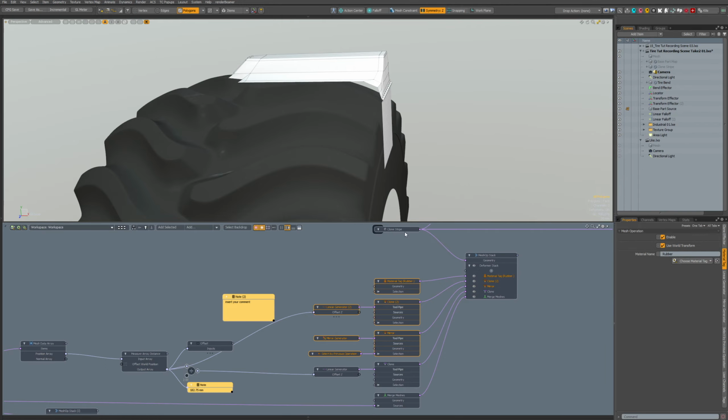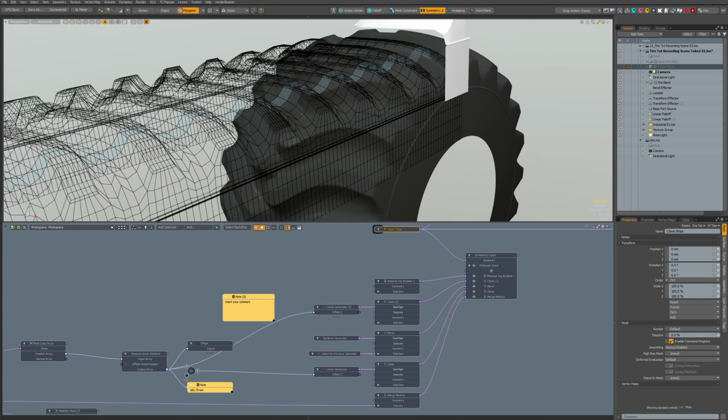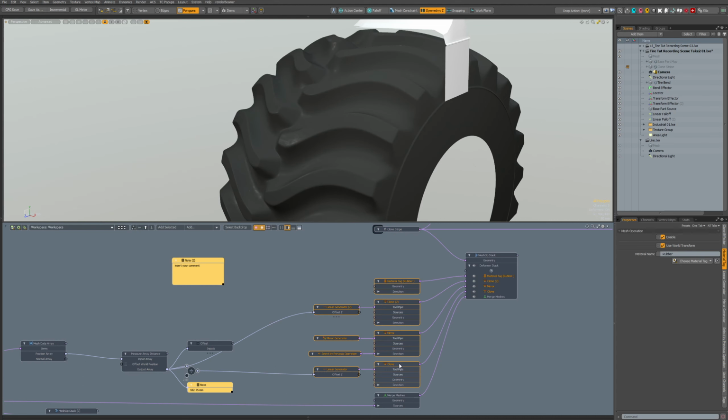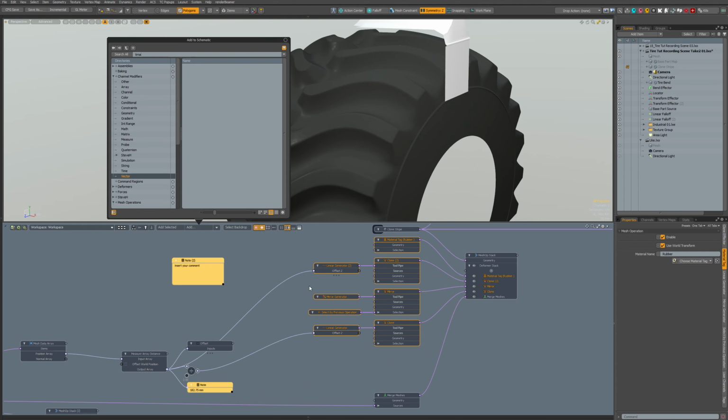So at this bulge here and let's see. We are in this stack, so I think we can add it in the bottom. So a transform effector there.